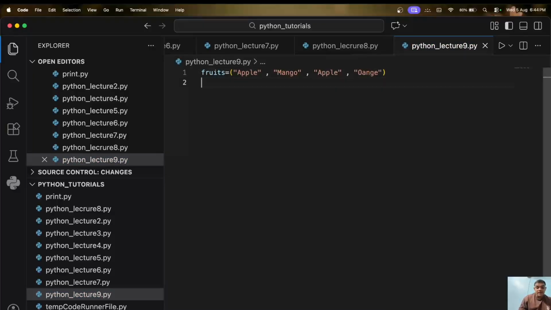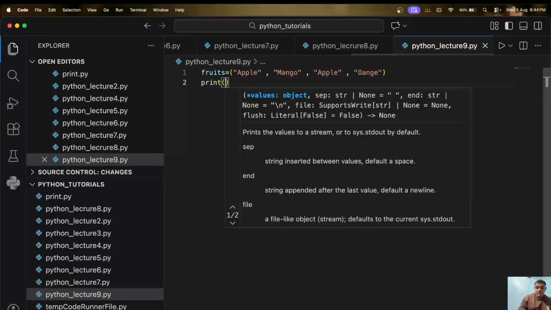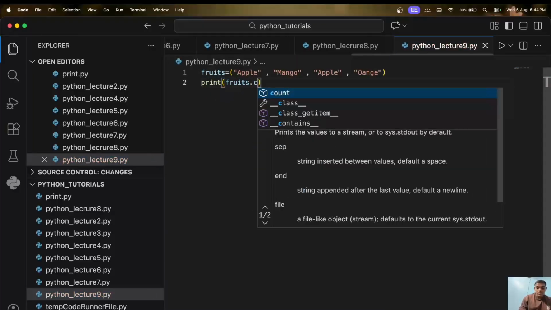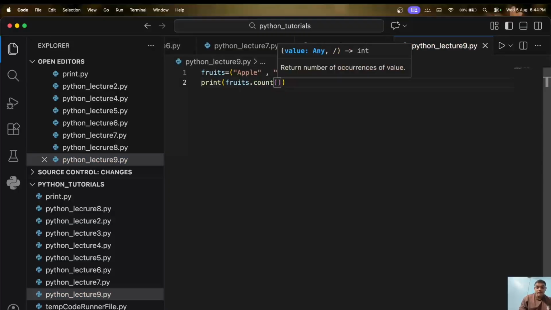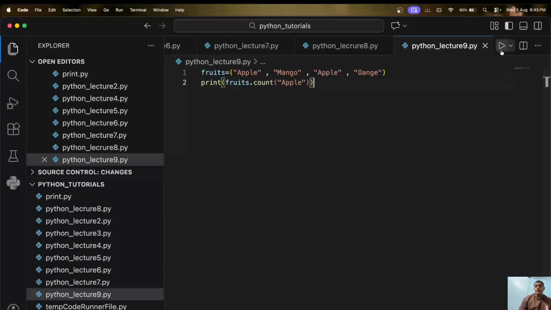So this is my tuple, and if I print fruits dot count apple, can you predict the output of this? The output should be 2